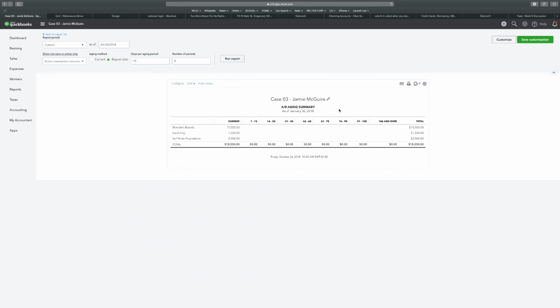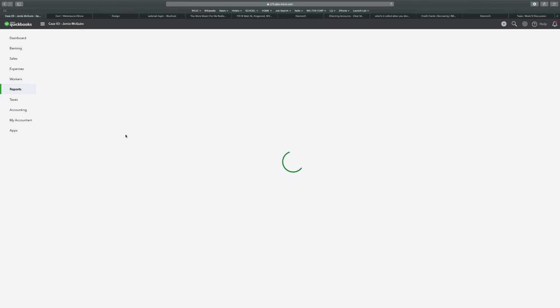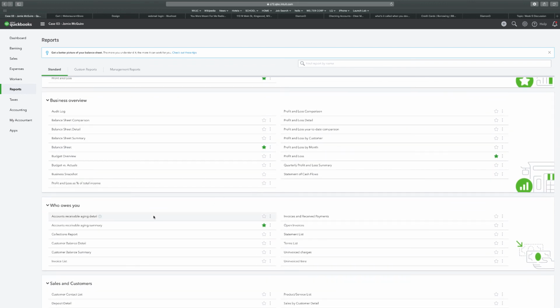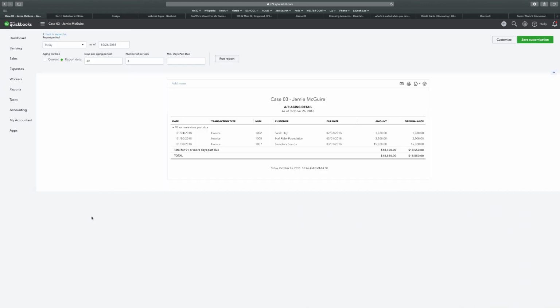And that might be all too technical, and it has nothing to do with QuickBooks maybe per se, but at least you understand better about the AR aging summary, what it's really for. Now, this is where you start off. The very first one you do is the AR aging summary, because it'll tell us what accounts have what balances, and you know what to work on. But whenever you start working in one of those accounts, you need to know what exactly was billed to that account. So you're going to go down here to accounts receivable aging detail,